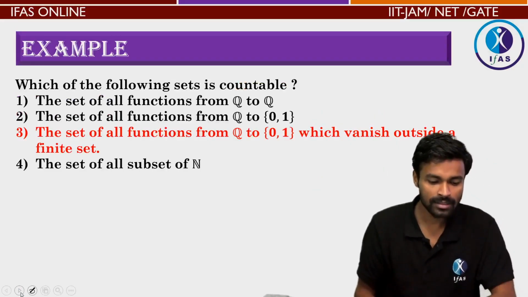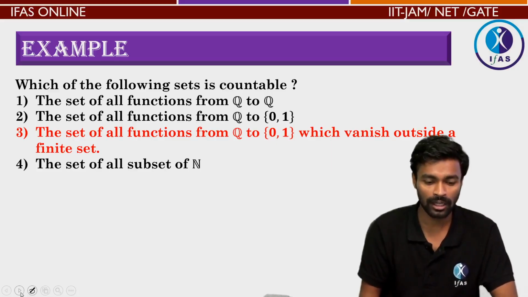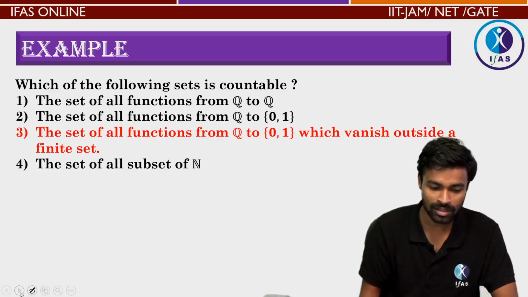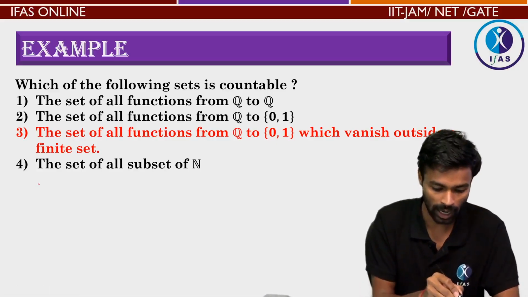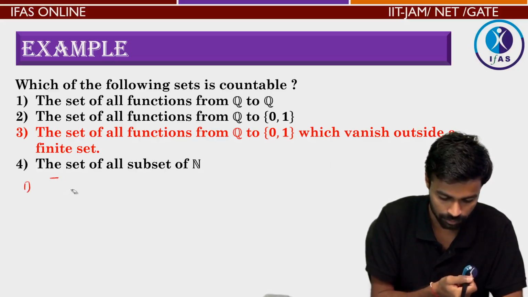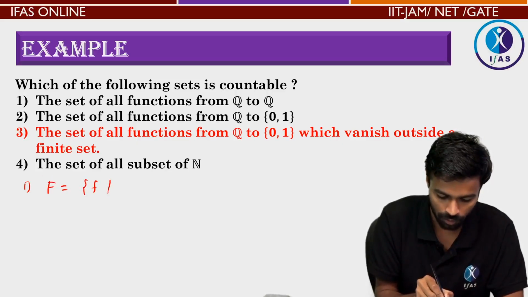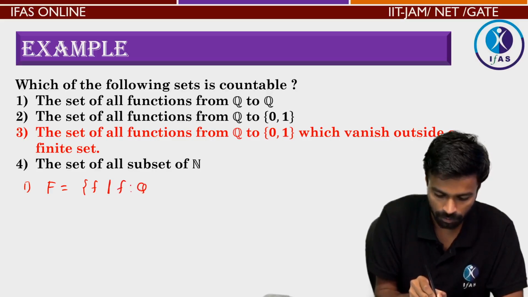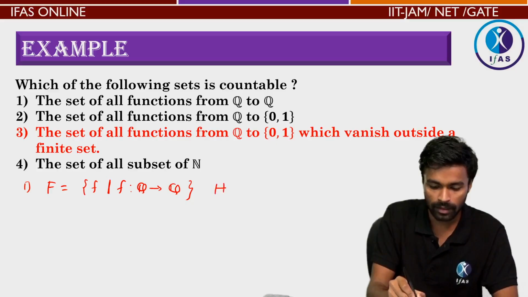Okay, so now we will see the example, the first example. Which of the following set is countable? You have to check which of the following set is countable. The first option is the set of all functions from Q to Q. That is my capital F. Okay, I will take this is my capital F, that is all functions such that f is from Q to Q. Okay, तो ये जो मेरा फंक्शन है यहाँ पे क्या है, here